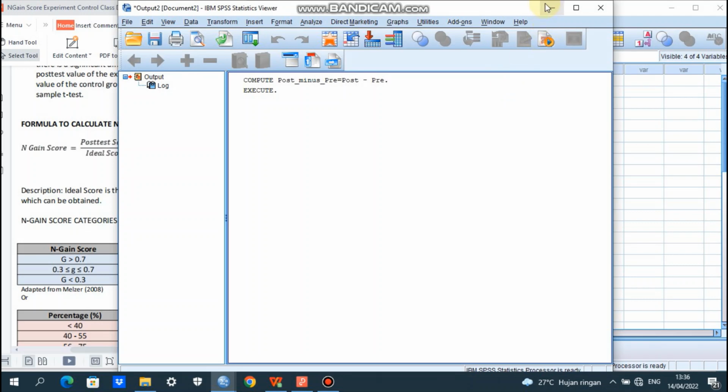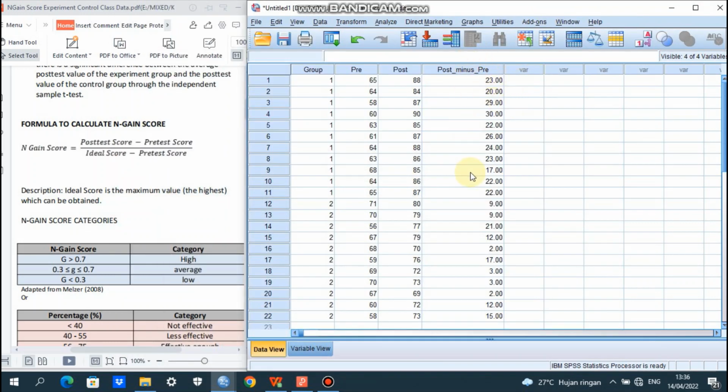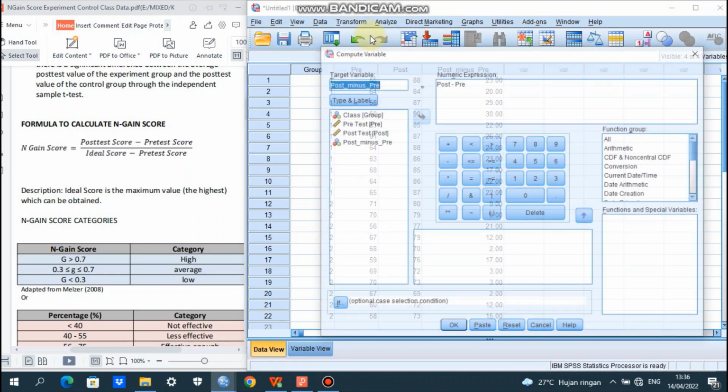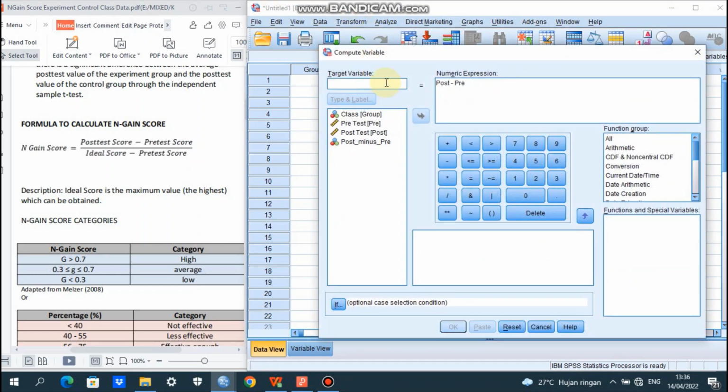Okay. So we can see here there is already the new variable for post-test minus pretest. And then the next, we are going to find the variable for ideal scores minus pretest scores. Transform again, click compute variable, we delete first, and we also delete this one.